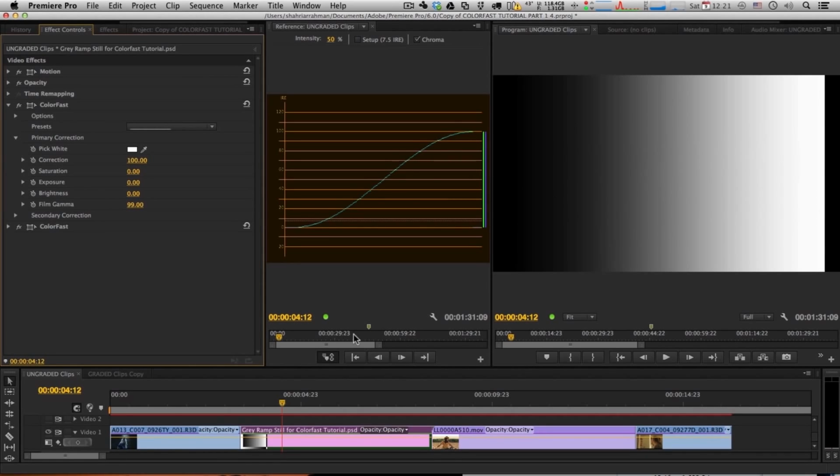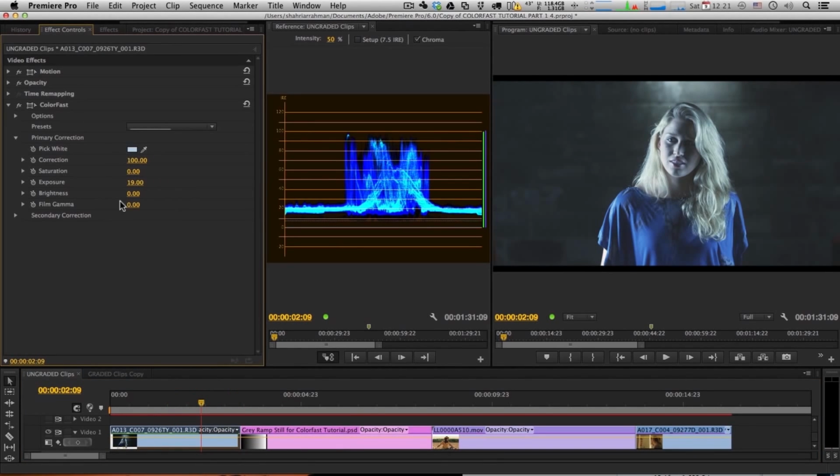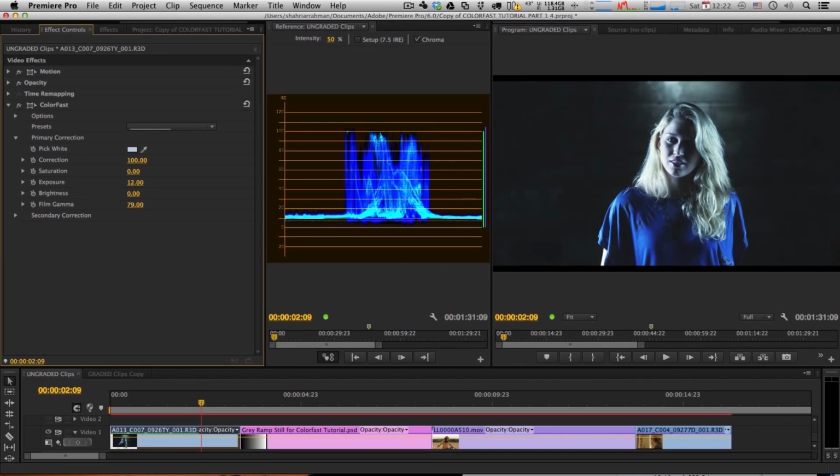So going back to our first example here, we can see that I can bring up the exposure and increase the contrast by increasing the film gamma here. And notice that we still have a little bit of gap between this shadow area and 0, and I want to bring this shadow area down to absolute black. So now I'm going to bring down the exposure,